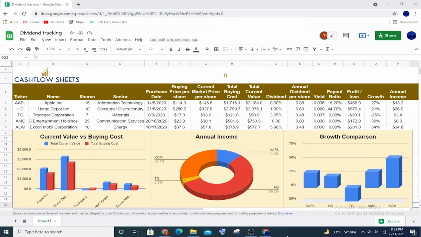Today I'm going to show you how to design a dividend tracker for your personal and professional use. In order to develop the tracker, we are going to use Google Sheets so that you can track the portfolios of your investments and make timely decisions to maximize the gains. It will help you to track market values of your shares, dividends, yields, payout ratio, profit and loss, growth, and annual income. And you will be able to organize your investments for spot-on decision making for the